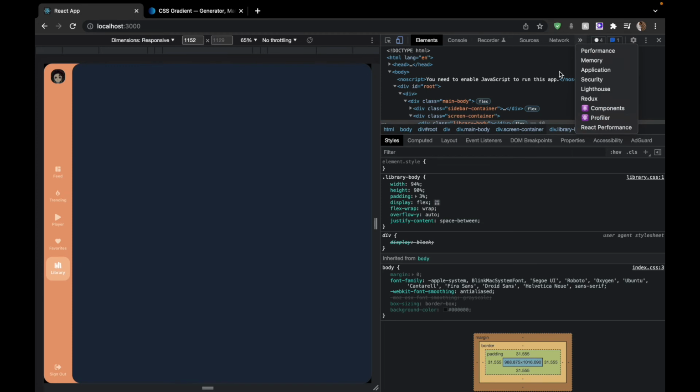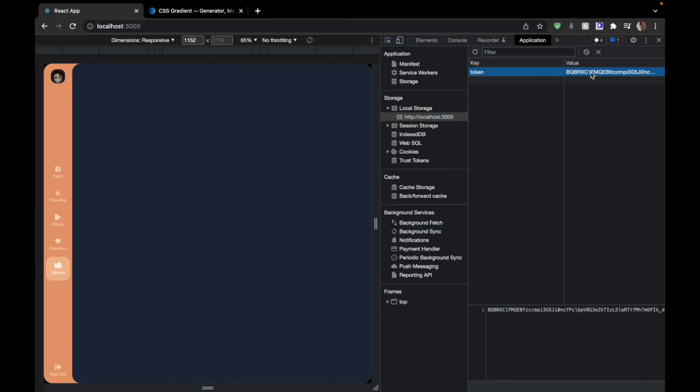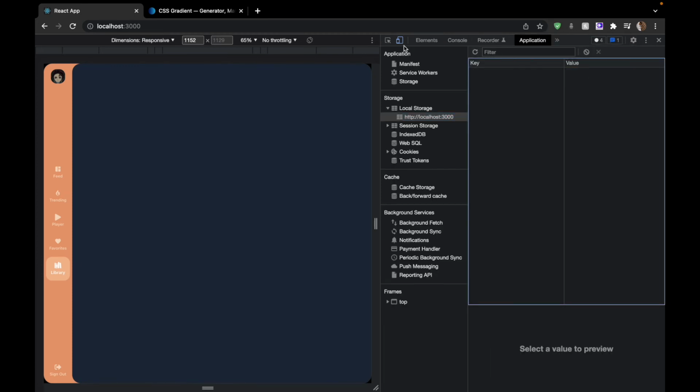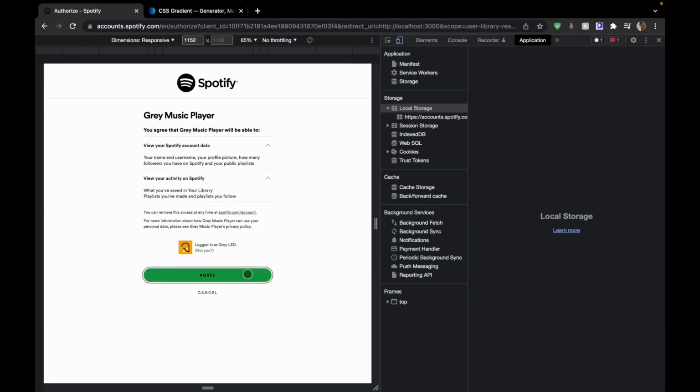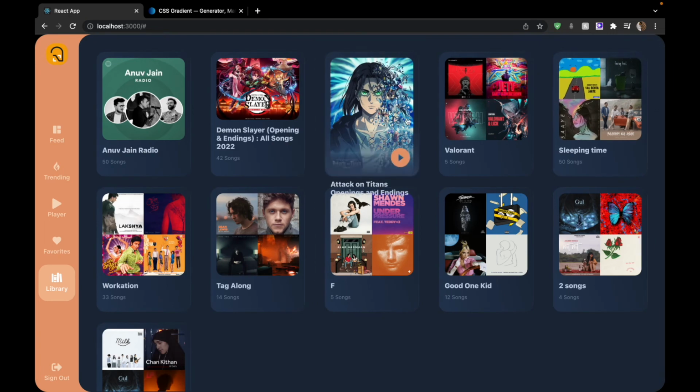something has happened. Let's quickly check. Okay, I think the token is expired, so we'll go to the applications, go to the token, press delete, go again and refresh the page. Okay, now you can see we have a pointer as we go, and for this fade, as